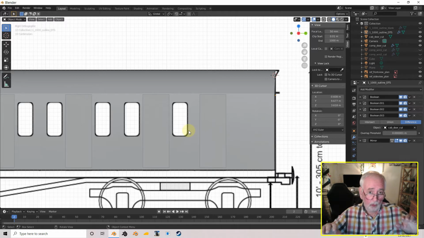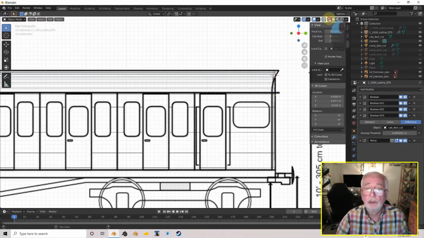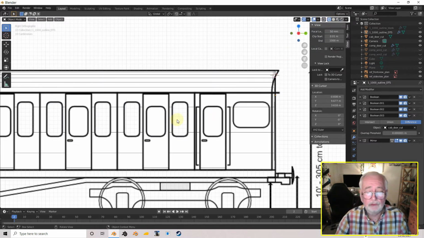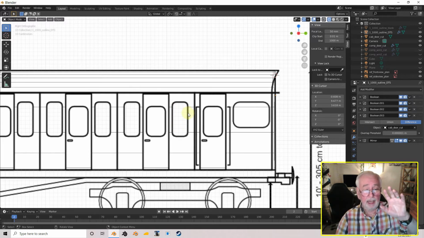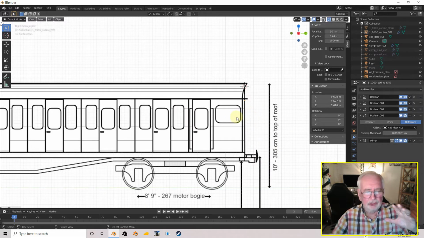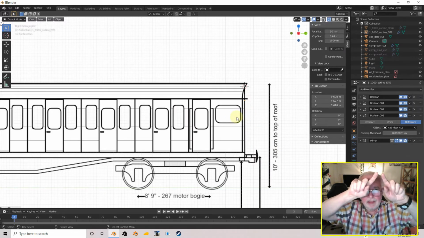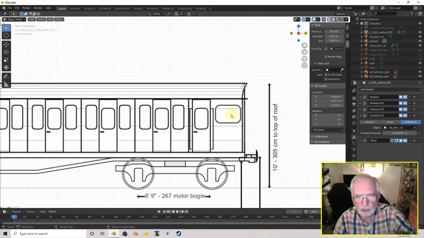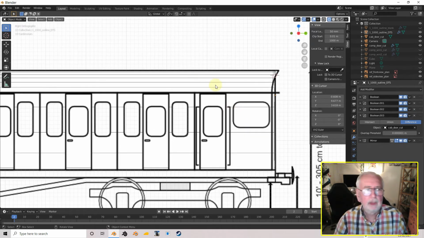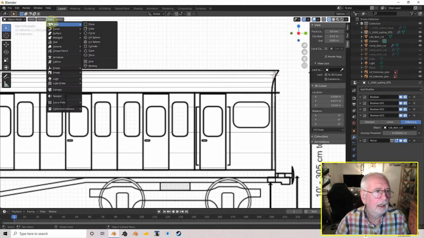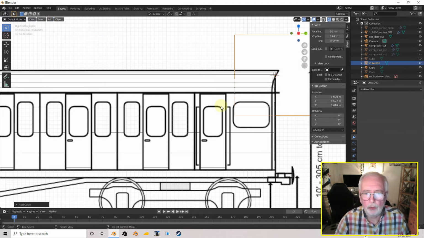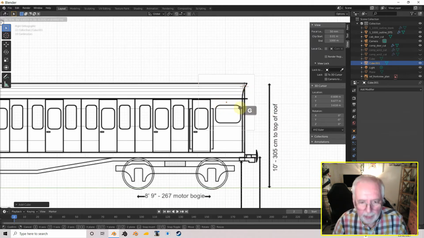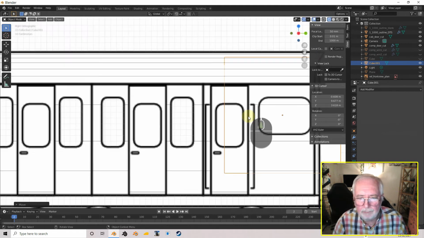Now it is possible to use the windows you use for the carriages, but the trouble with that is you don't want to squeeze, because you'll squeeze the angle of that curvature, which you don't want. So you might as well start from afresh. So let's add a mesh, a cube, there we go, and let's just grab it and put it there,